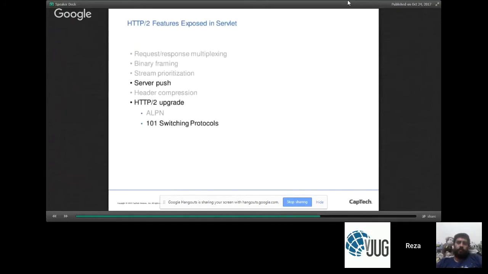Okay, so in Servlet 3.1, the Servlet API added this support principally to support WebSocket. WebSocket uses this exact same technique as HTTP 2.0 upgrades. It also uses the 101 switching protocols. So no changes for this particular change. It does mean that this particular HTTP 2.0 feature is surfaced in the Servlet API, but it so happens that we already made that change in Servlet 3.1. So really, the big change in terms of API is just server push.